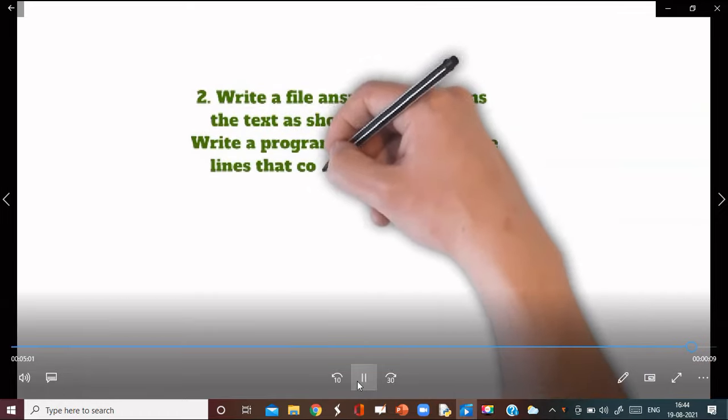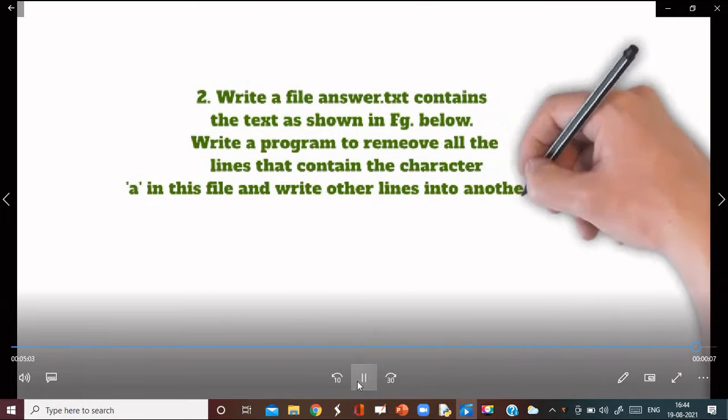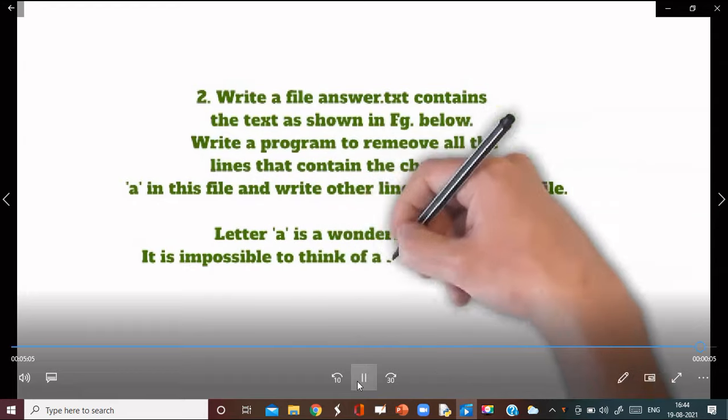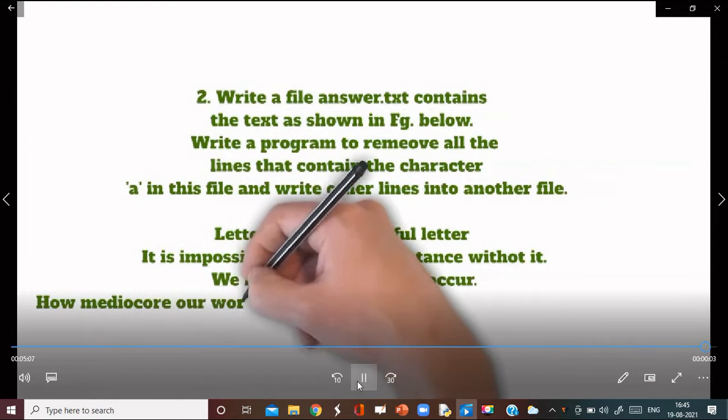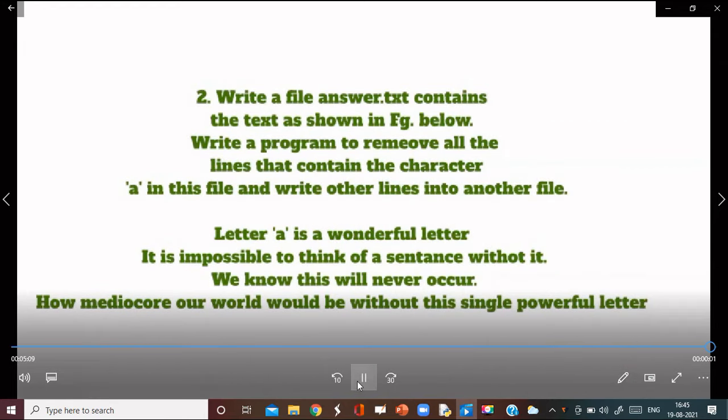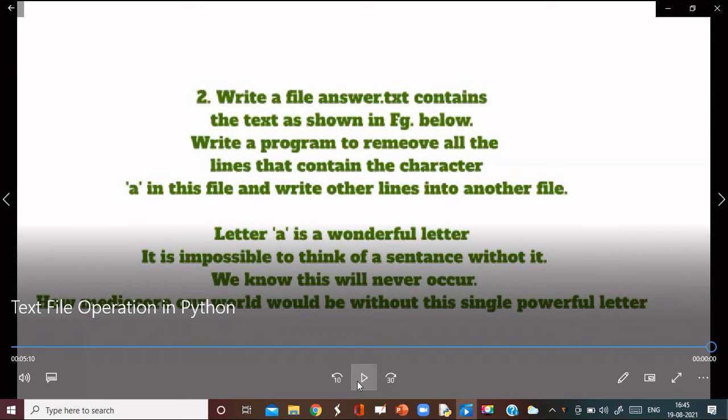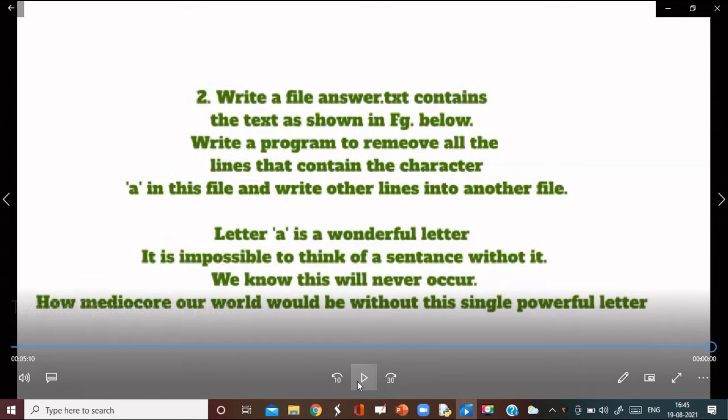Next question is to write answer.txt containing the text as shown in the figure below, and it only writes those lines where e is not there. So if the file contains "A is a wonderful letter, it is impossible to think of a sentence without it.